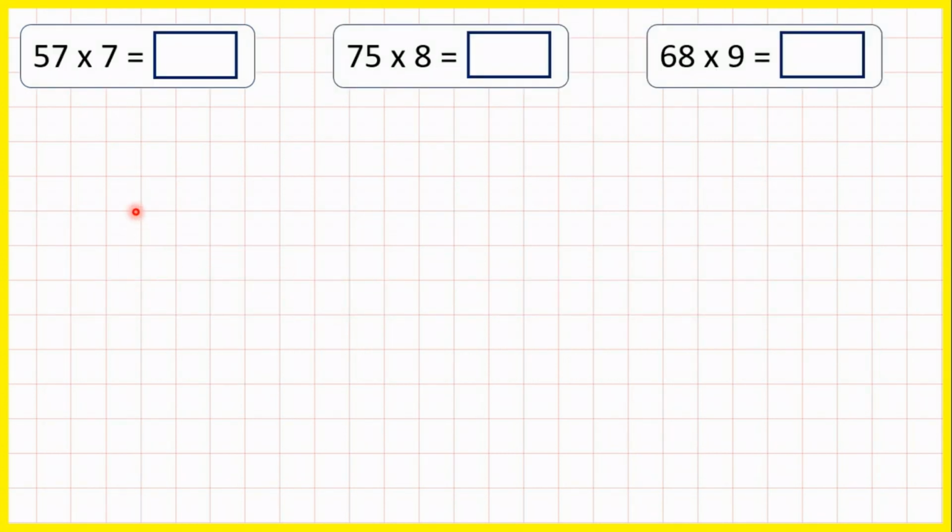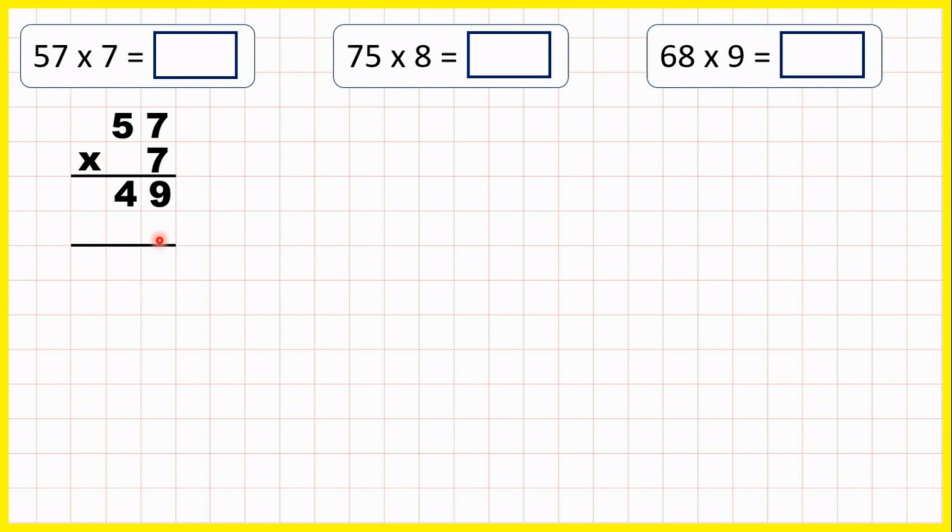Now let's multiply using the expanded column method. So first we have 57 times 7. We can write the question out with our larger number, so our 2-digit number on top and our single-digit number below. Then we need two answer lines, because we're going to multiply the 7 digits by 7 on our first answer line, then the 5 digit by 7 on our second answer line, and then finally we're going to add up our answer lines. Now for our first answer line, 7 times 7 is 49,